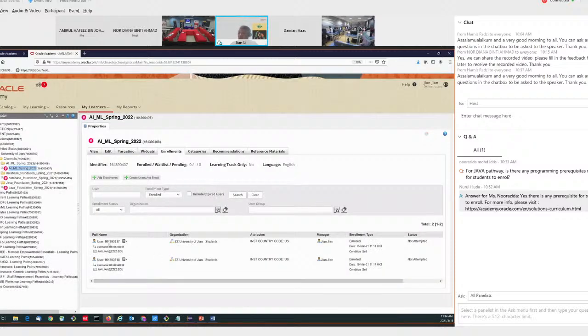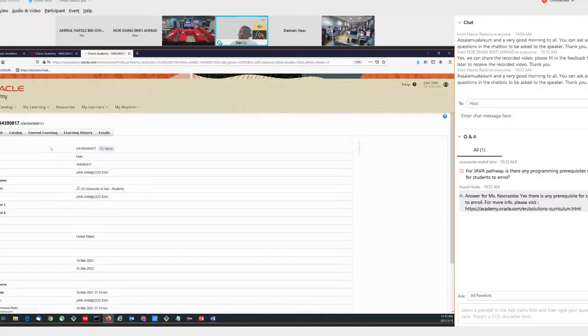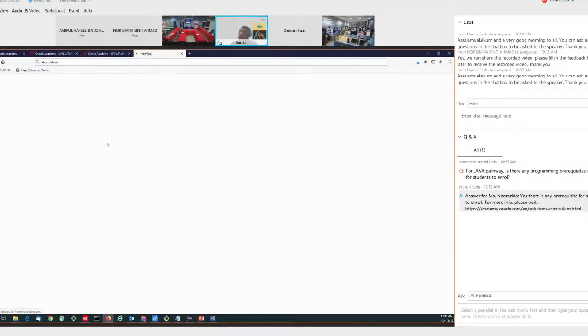So here's a username. Okay, here's the username. And then I try to log in, for example, and you're going to assign this username to your student. Over here, here are the new users. And then you are going to create a user profile, for example. And you can sign in from here and try to emulate the